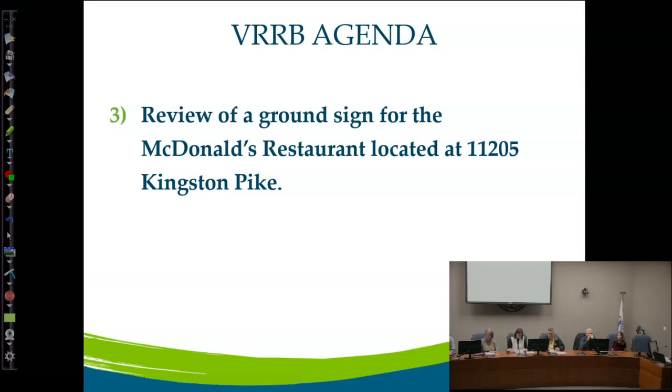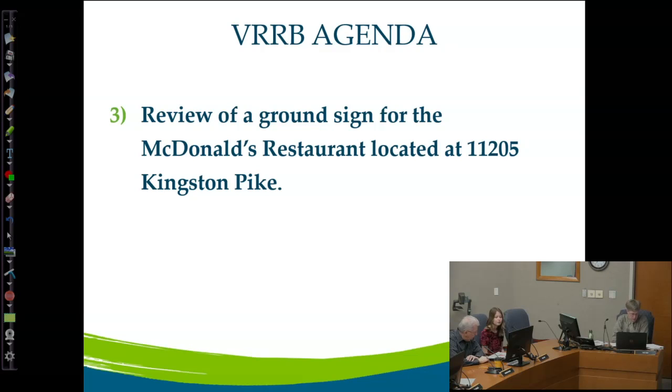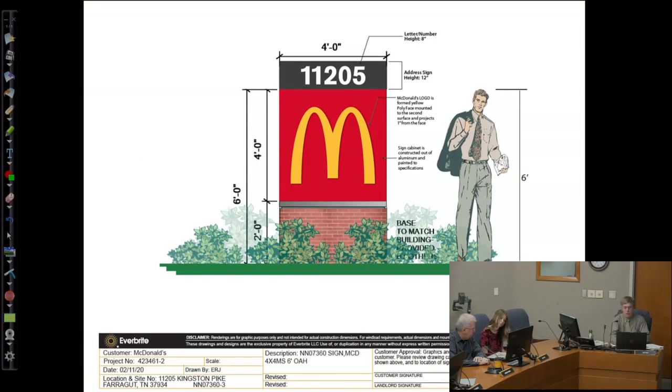This is a ground sign for the McDonald's restaurant that's located at 11205 Kingston Pike. They are looking to put a new ground sign in as part of a larger redevelopment on that site. They're going to be redoing the entire building facade, making some interior changes, and also some site changes. The property is located in the town's mixed-use town center planning area, so there's a heightened sense of